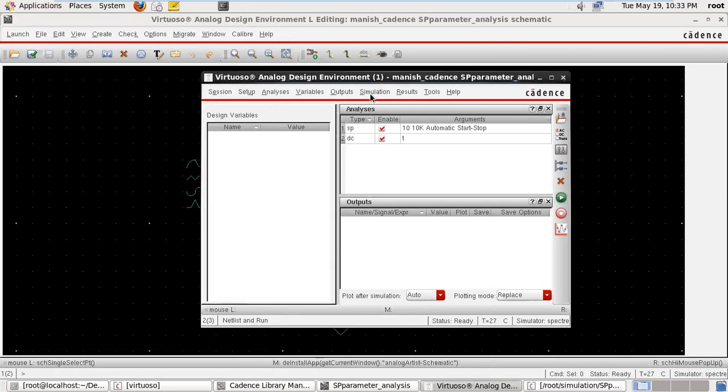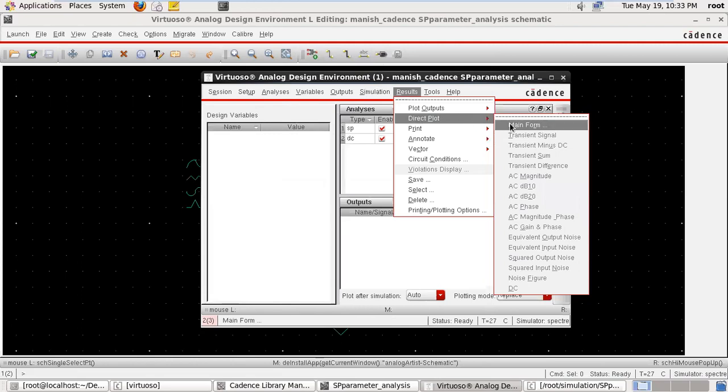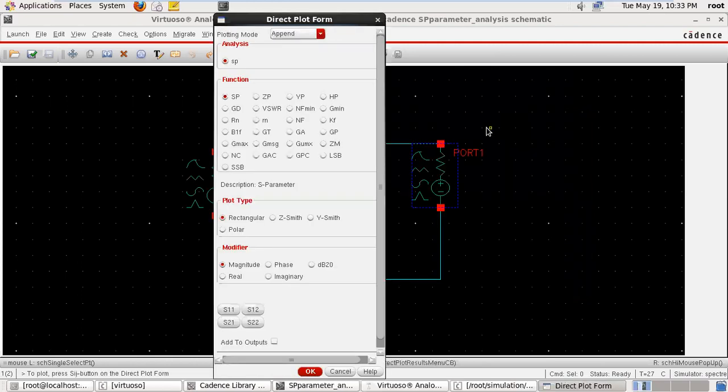For checking the result, go to results, direct plot, because we are interested in the parameter main form. So S parameter, Z parameter. First we are calculating the S parameter. It appends a new window where we see the result.